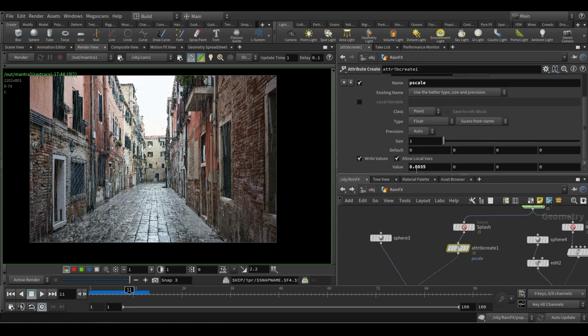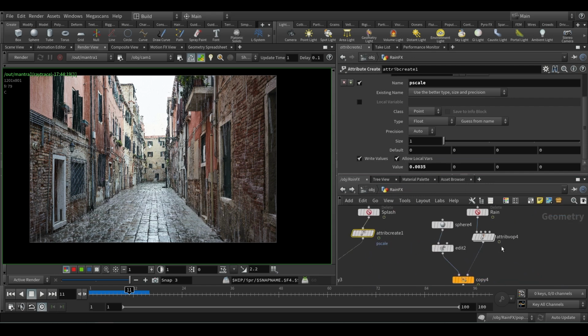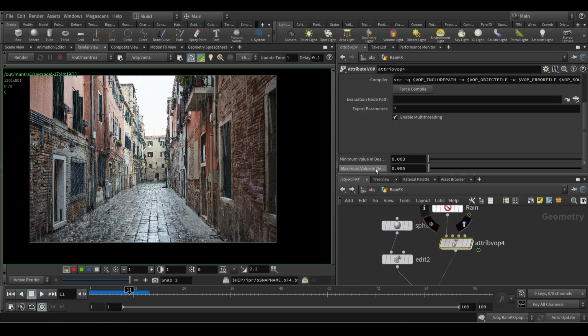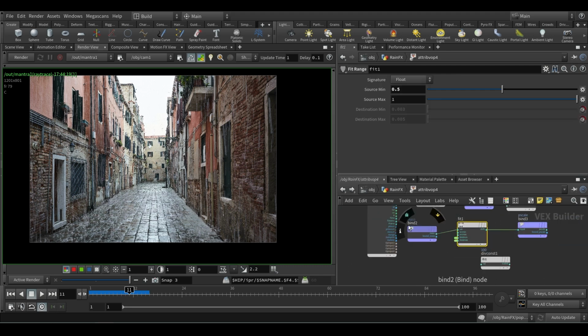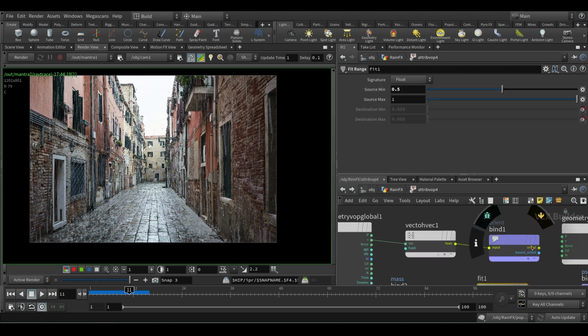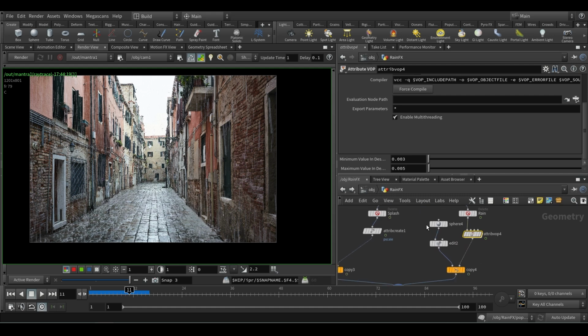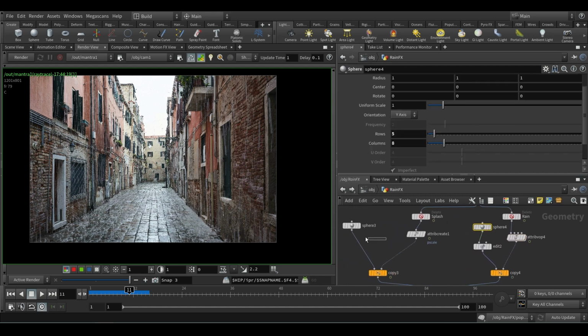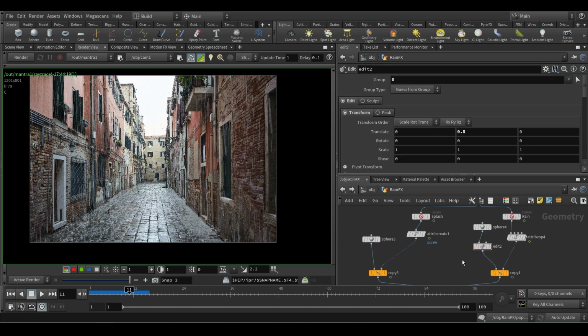And the p scale, play with the value. It need not be the same as mine in your case, so change the value. And even here you change the minimum, and this is the p scale value, you can change that. Orient will be the same as what I just did, so nothing to worry about that. And the shape of the sphere is based on your approach, like how you want the look. My advice is don't play around too much with the sphere and this one, because anyway we're going to put motion blur, right? So there's no point in seeing that.